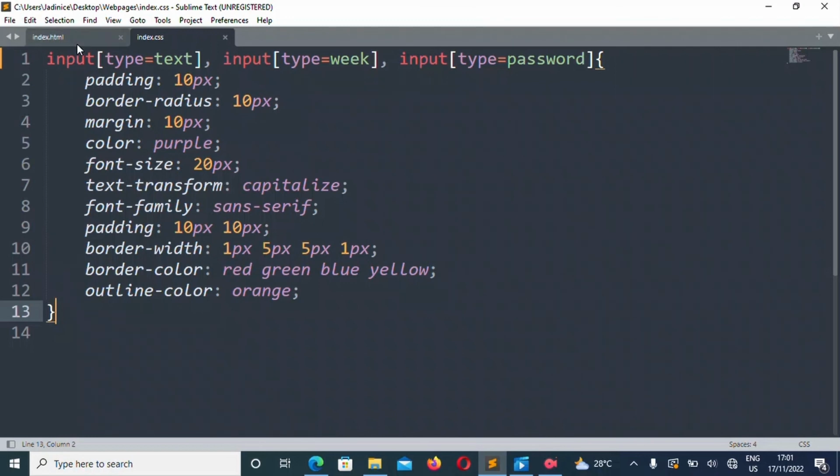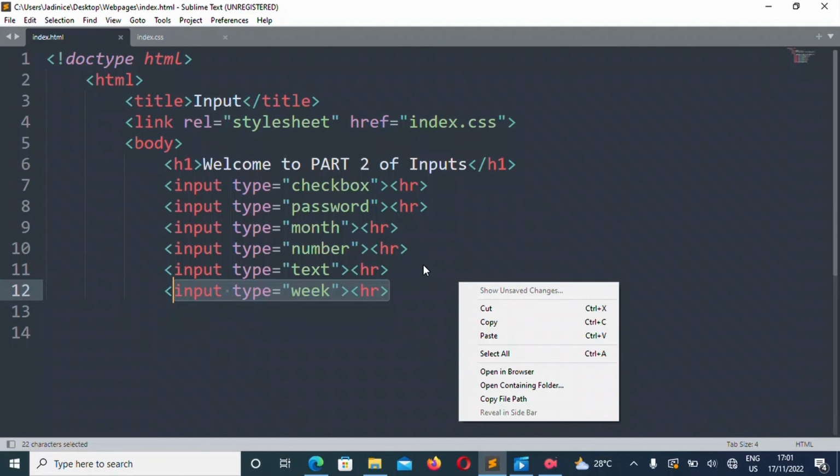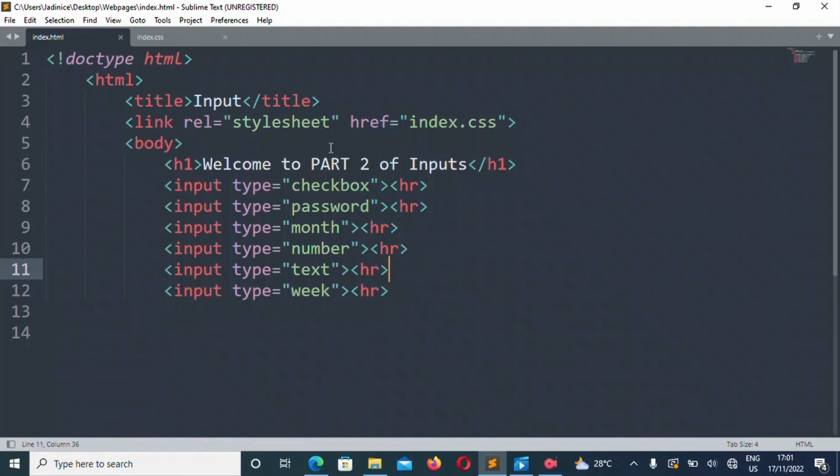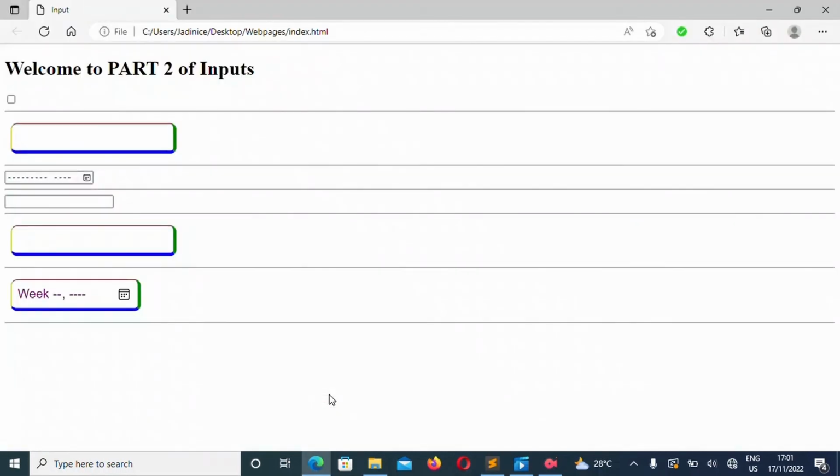So there, you've seen how styling inputs can be. It's true, it has its own method and it has its own style, but when you learn it and you've practiced a lot on it, you'll be able to see how easy it can be to style an input. And as you practice and practice and practice, eventually you'll be able to create beautiful content for your website.